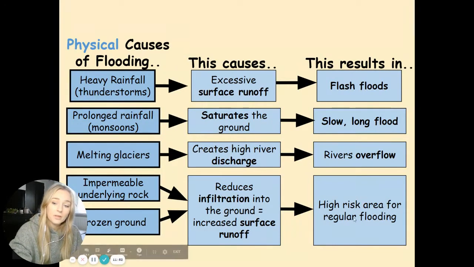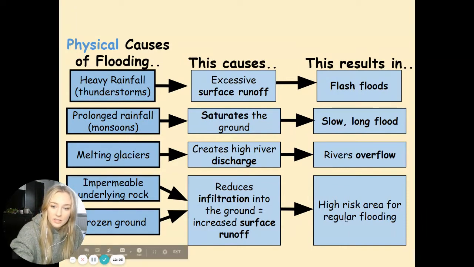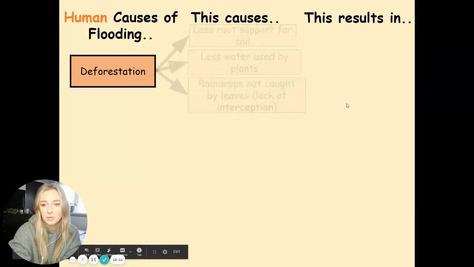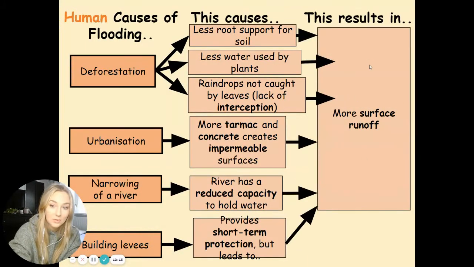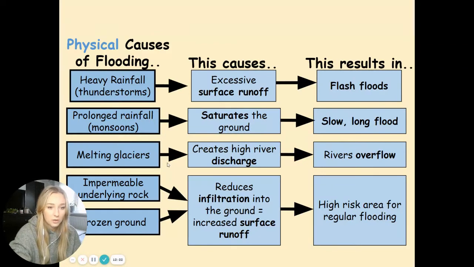So the elaboration part of your answer is always going to link back to the question. You're going to link it back to what it's actually asking. So this is causing flooding, flash floods. All of this side of the slide is your elaboration, and they're all pretty much the same thing. This is all going to be flood, and the same is going to occur on the human side of things as well. So you'll see that for my elaboration, I've just put 1 box. So you could do the same thing but with a different cause. So